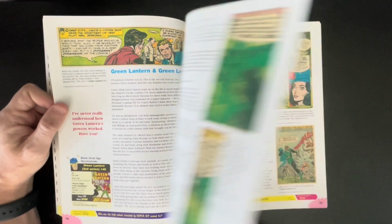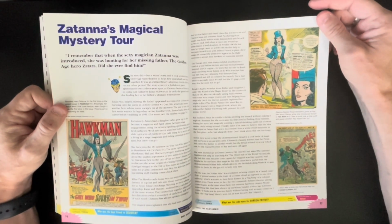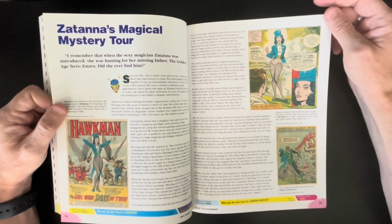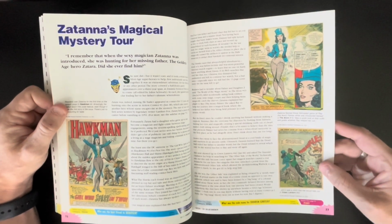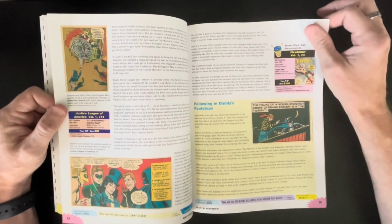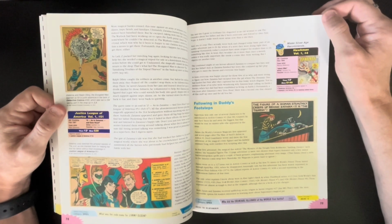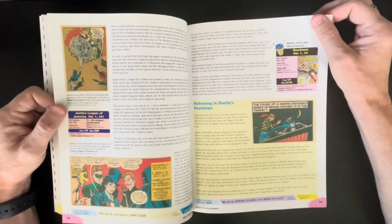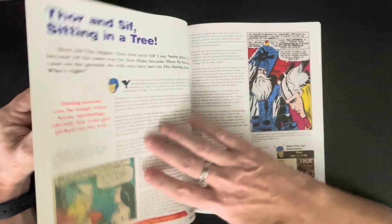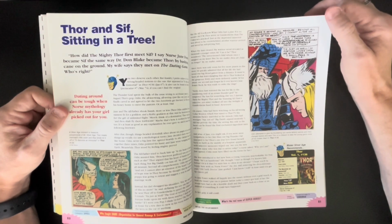And I love it. Trivia at the bottom of every page. Zatanna, Magical Mystery Tour. Another beautiful Gil Kane here. To be able to buy these books off the rack, I mean, seriously, I wish. Thor and Sif sitting in a tree,